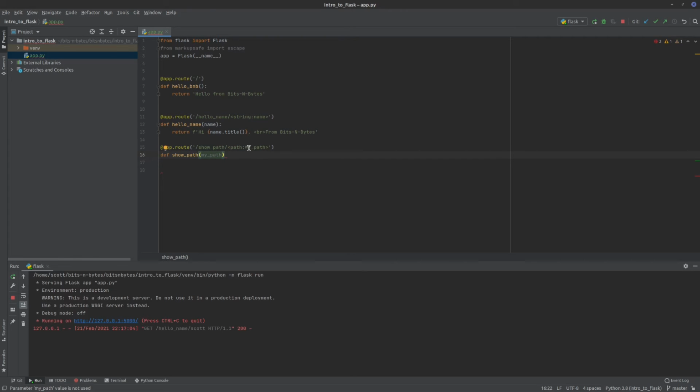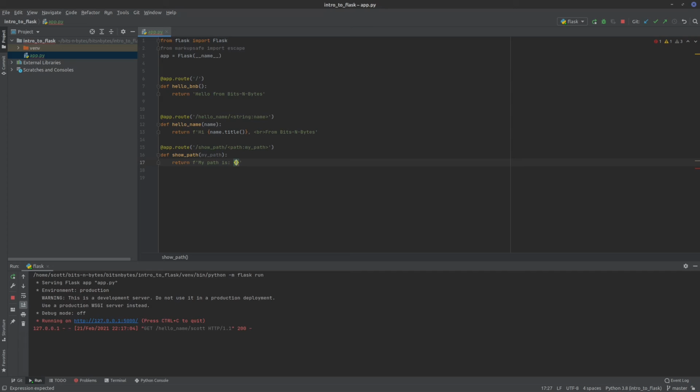Now again, the my path argument gets passed into this parameter here as the argument for that parameter, I should say. And then we'll return my path. I can't type today. Path is, and then this is how you put a variable inside of a string with these little squiggly brackets.